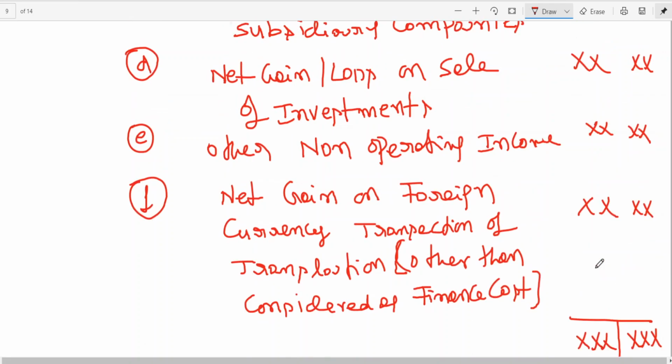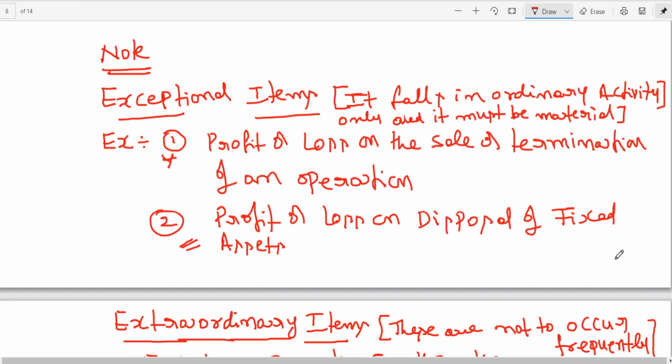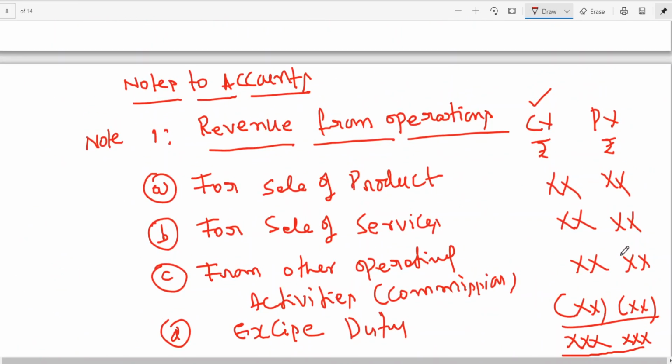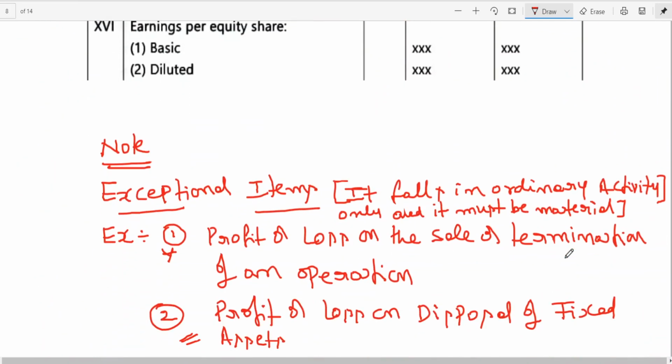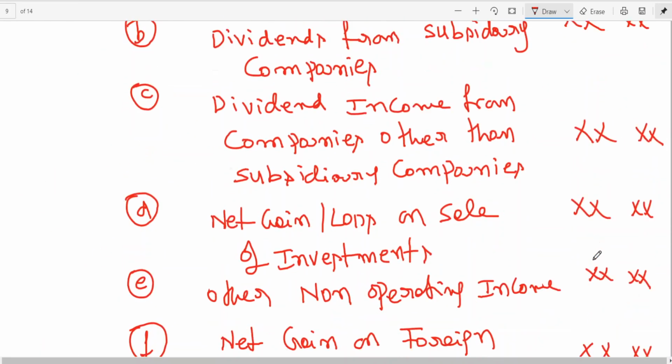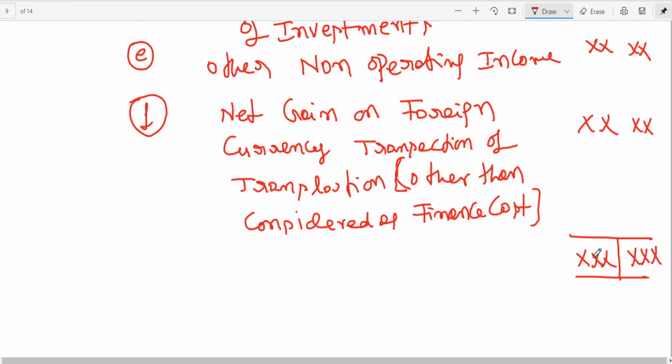Okay. So we have seen revenue from operations, which is clear, and then I told you note 2 other income. Then note 3. My dear friends, since we are continuing a separate format, I am writing note 1, note 2, note 3. If you are continuing with the balance sheet, you don't write note 1, note 3. Last class we said note 18. Then revenue from operations will become note 19, other income will become note 20. That continuation you should give.